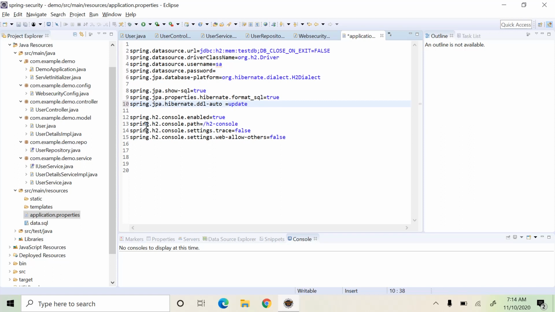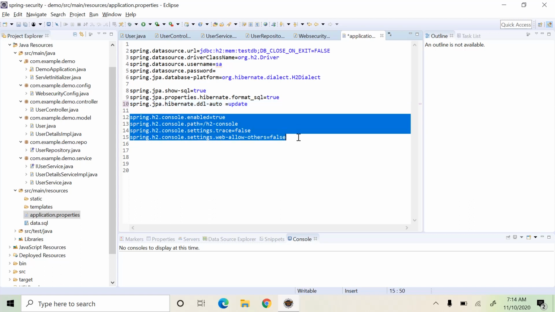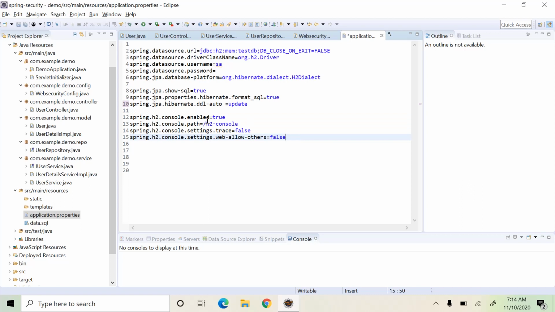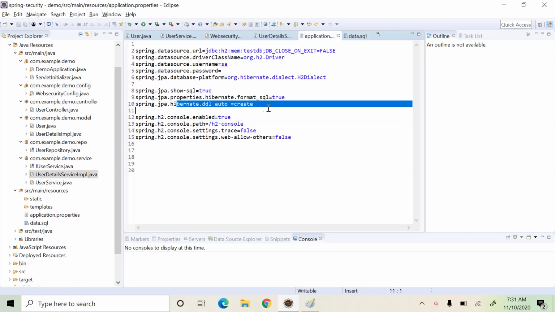Next, these all are H2 related information, because the H2 database will be in the same place where the application is. So if the application is running at port 8080, this database will also be available at 8080. When the H2 console enabled is set to true, the H2 console is available to you, and it is in the path h2-console. If you are using an in-memory database like me, then you have to populate that in-memory database